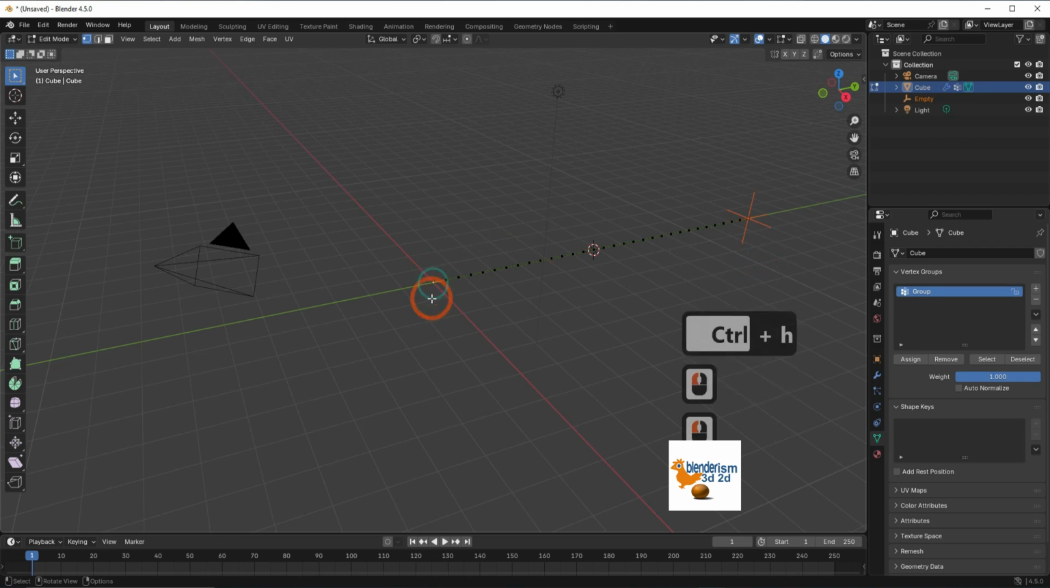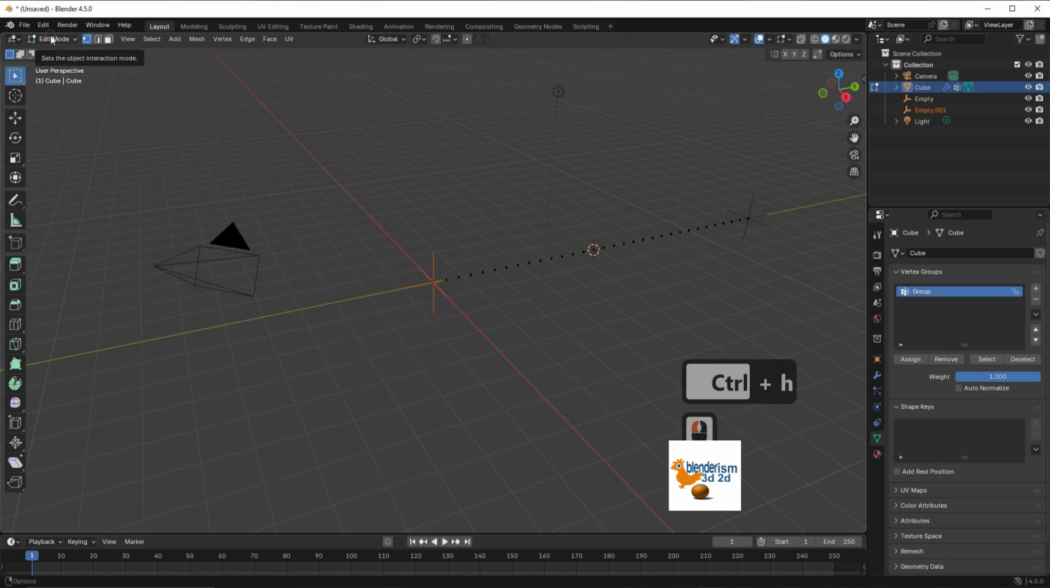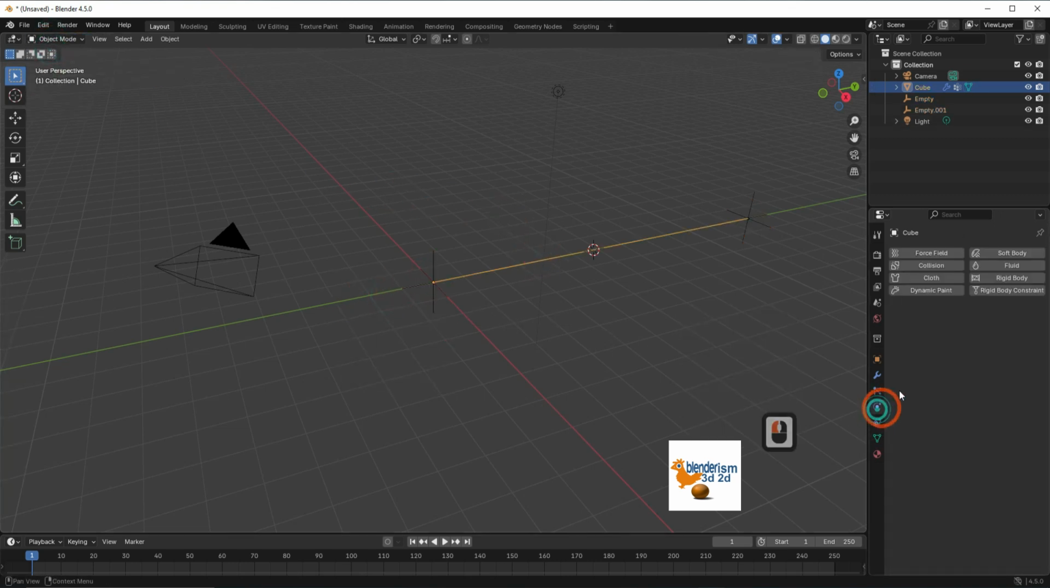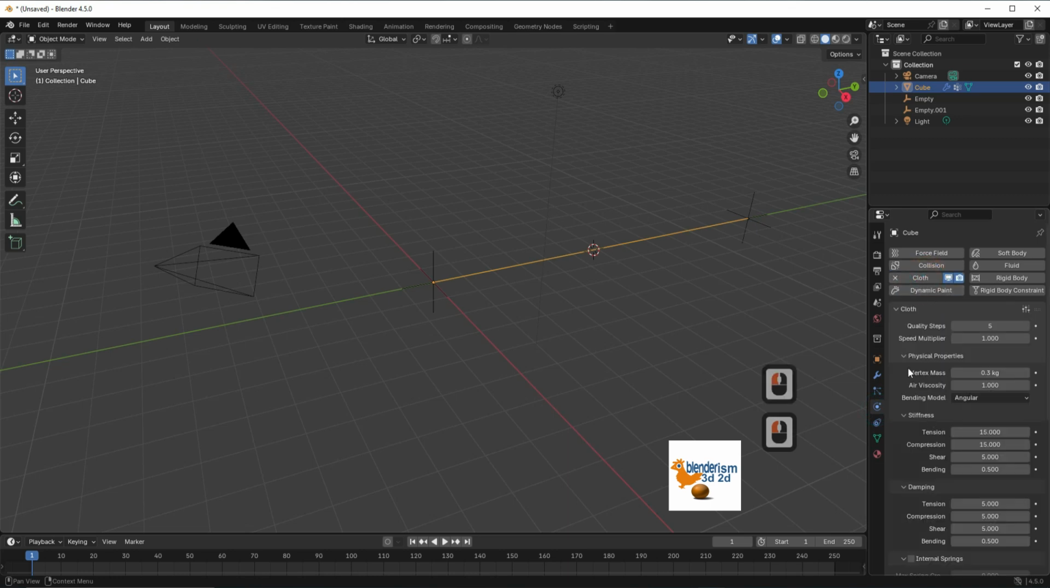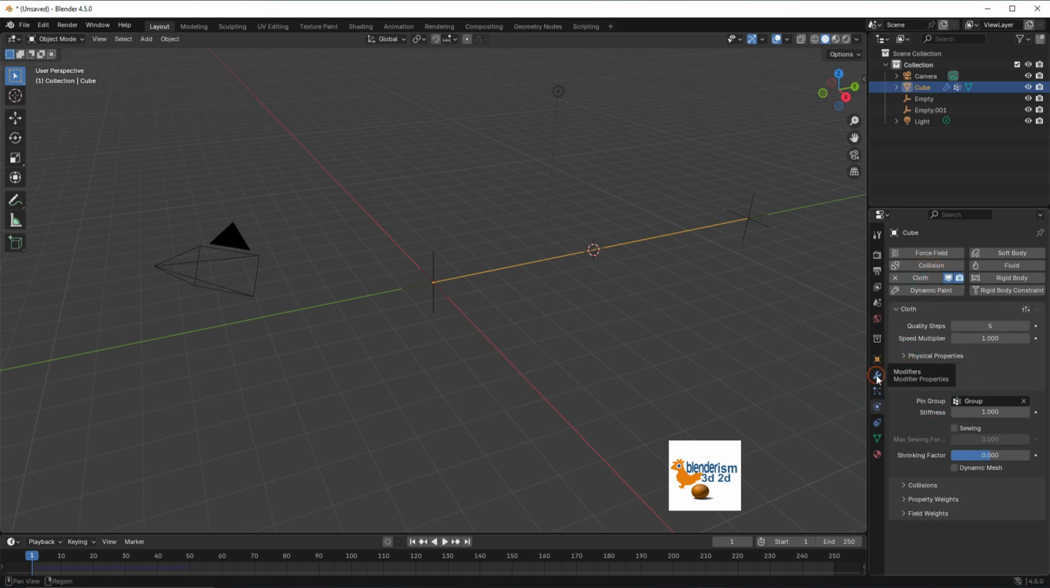select Other Vertex and press Ctrl H and from the drop-down list select Hook to New Object, change the mode to Object Mode. Go to Physics Properties then select Cloth, and under Shape, at Pin Group select Group, go to Add Modifier